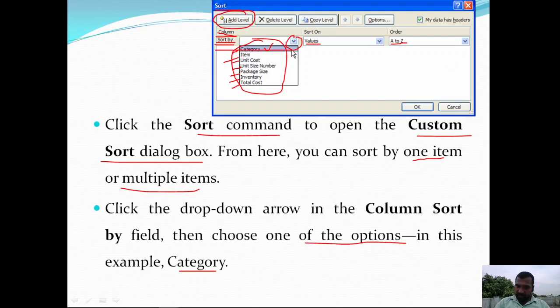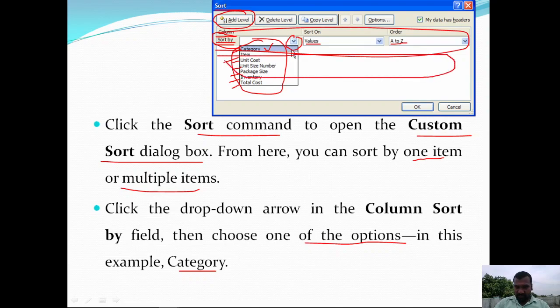Then the options are available at the bottom again, so choose one more option other than the category item. You need to choose one of the options, then click OK.